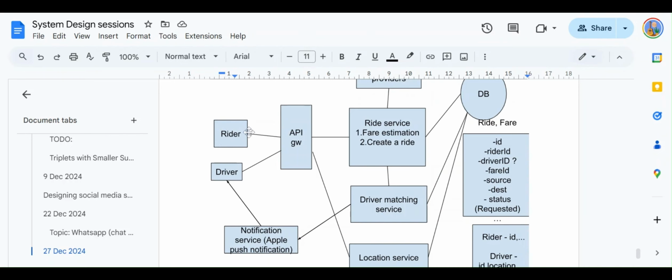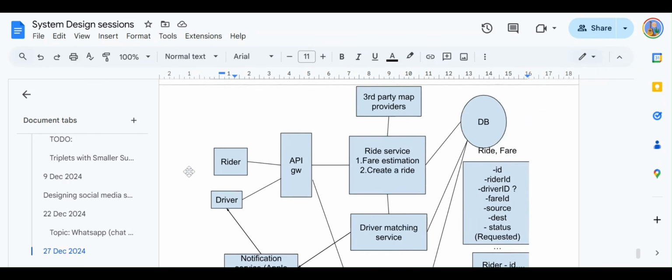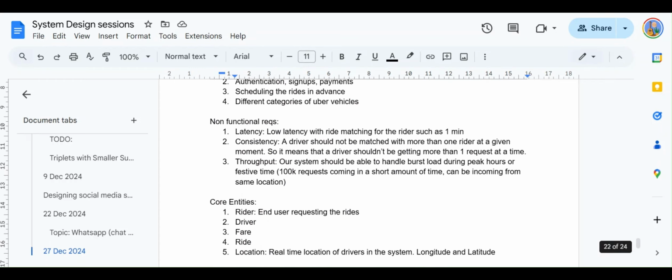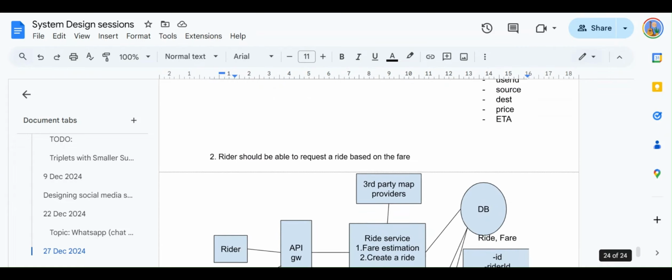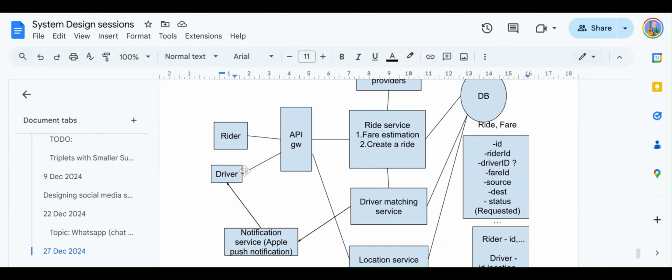That OTP could be sent on his mobile phone as soon as the driver accepts the ride, so as soon as the request is matched. But we didn't talk about that flow because we haven't captured it as a functional requirement. But yeah, you can extend those things if you really want.